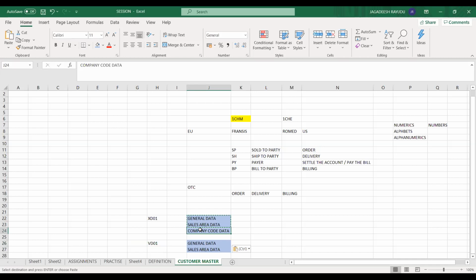Some company-owned fields will be there that they don't want to show to others while working. Once a system goes live, in such cases they will restrict it. And even if you don't have any restrictions, the company doesn't want anyone to change any data related to company code data. In such cases also, they don't give XD01 access to you. You understand the point, right?